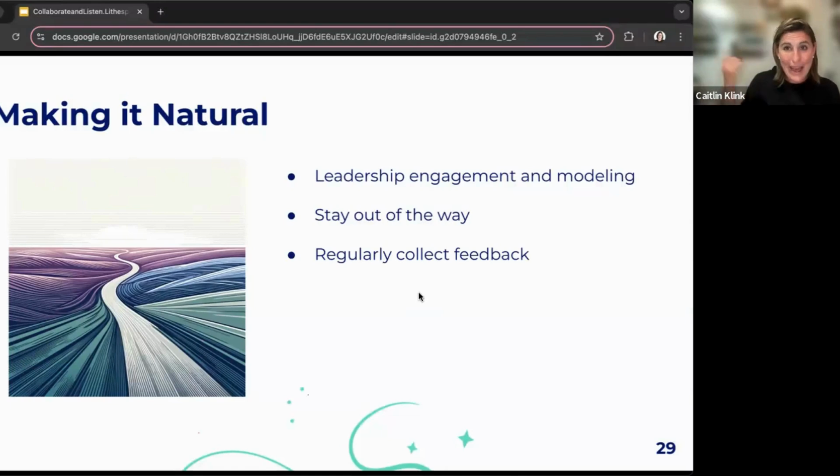Key here, my Agilist hat always on: regularly collect that feedback. Create space for people to give you that feedback, and be open to receiving it. Maybe it's a retro once a quarter. Like, how are we doing in our asynchronous practice? What things do you like? What things do you hate? You have to make it work for the people doing it. Again, it's not one size fits all. So leave that door open for regularly collecting feedback.